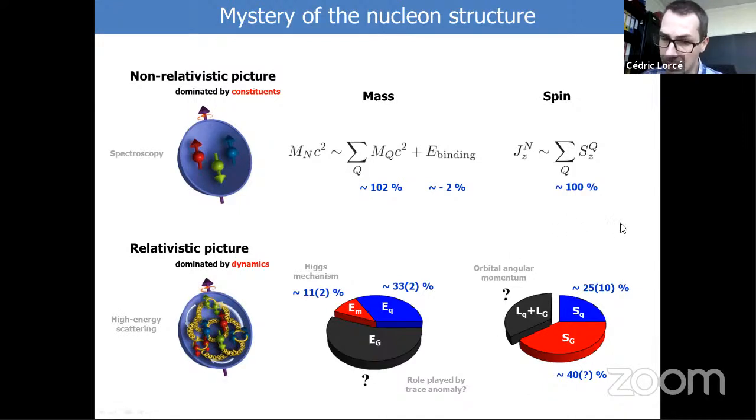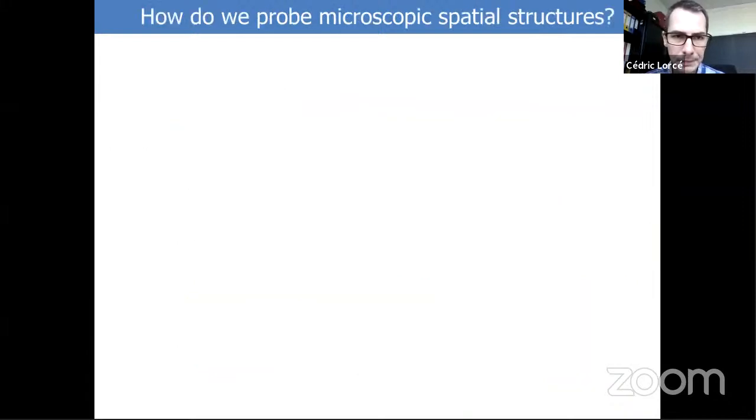And also there's been a long story about the decomposition of the spin of the nucleon in terms of quark spin contribution, gluon spin contribution. You see it's very large, but so far we cannot really say what the uncertainties are. It can be as large as the value itself. So we really need further experiments, and the orbital part, we basically don't know much experimentally about it. So it's really a complicated system, and the more observables we have, the better we can constrain and understand the inner structure. So one way to do this is to probe the spatial distribution of charge.